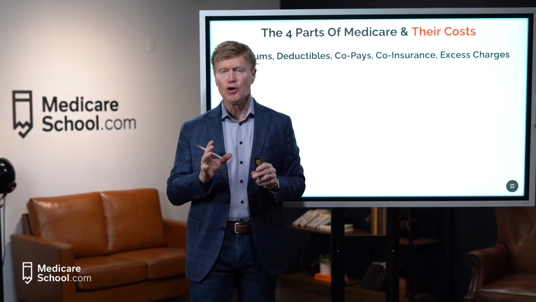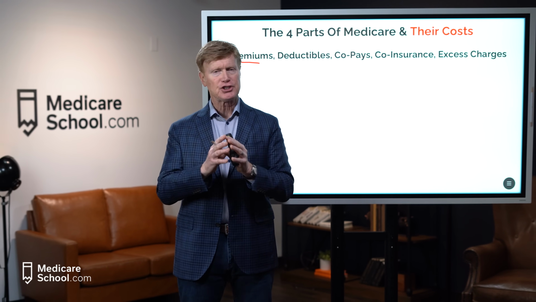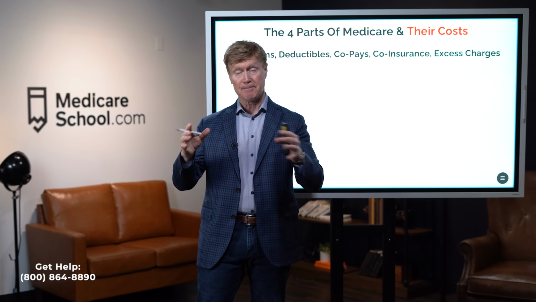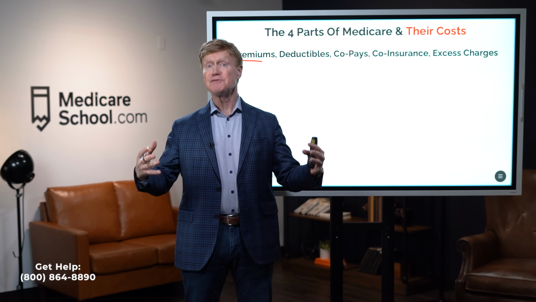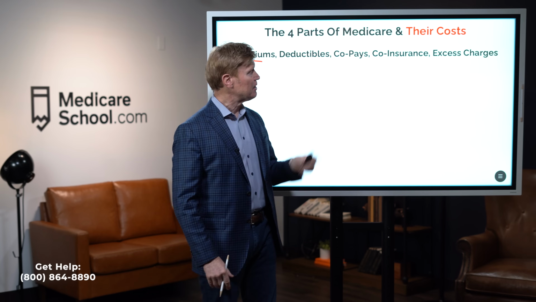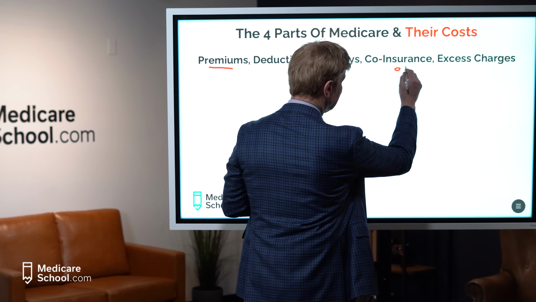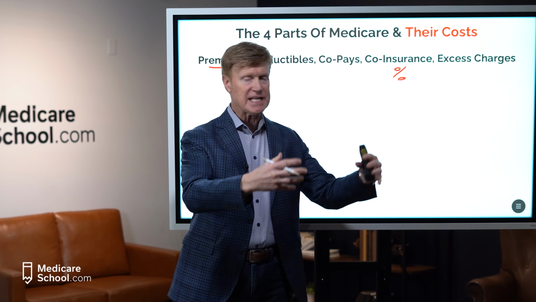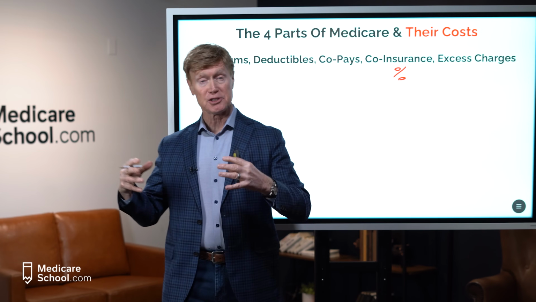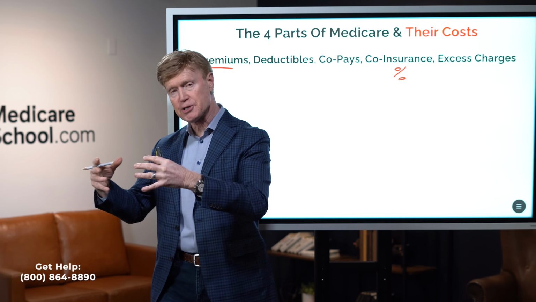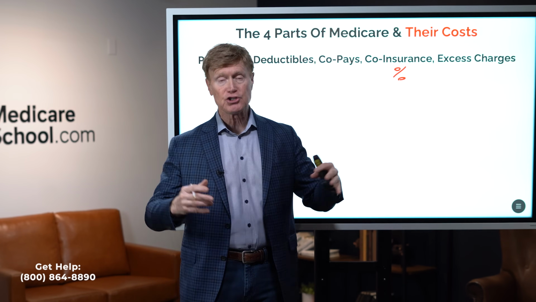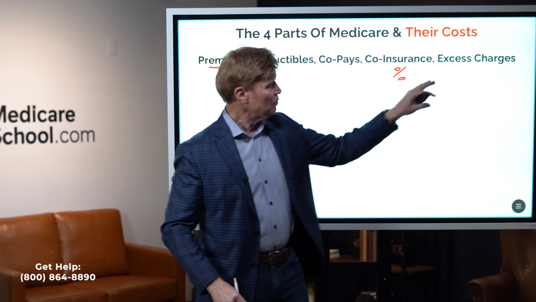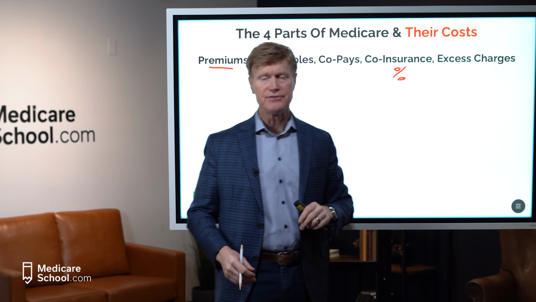We have copays. A copay is simply a flat, fixed dollar amount. You can have a $5 copay, and that $5 copay is fixed for that particular service or prescription. You can have a $50 copay, but again, a flat dollar amount. Coinsurance is actually a percentage. Let's say the plan pays 80% or 90%, that means you'd be responsible for 20% or 10%. So your part of it is a percentage called coinsurance. And then Medicare has something very unique with just one part of Medicare, which is called an excess charge. I'll teach you that here in another slide.